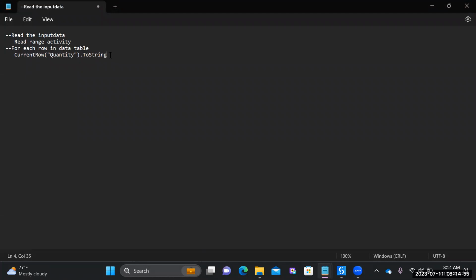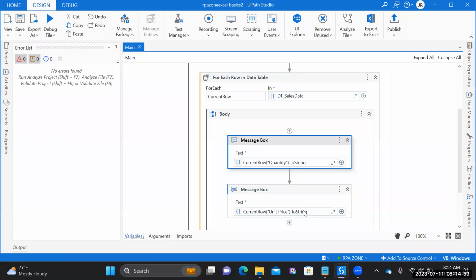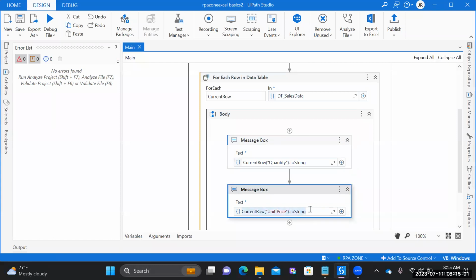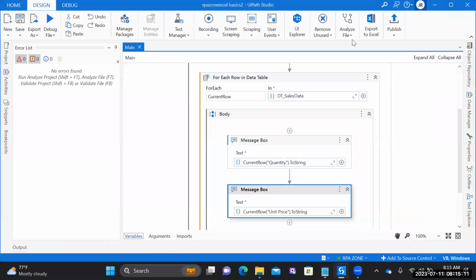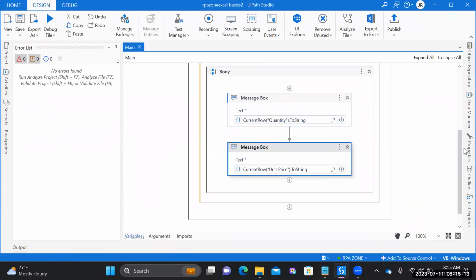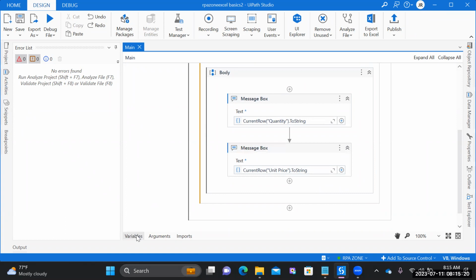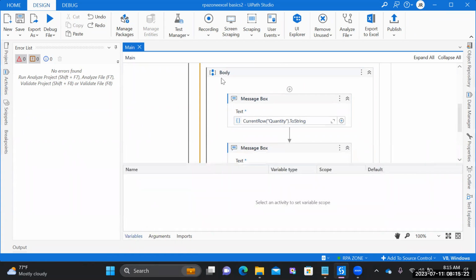We have given this. Okay, same. We have taken the unit price. These are the steps we did right now. Once after this, what we are going to do, we are assigning this data to these variables. Okay, I am creating one variable here, going to the variable panel